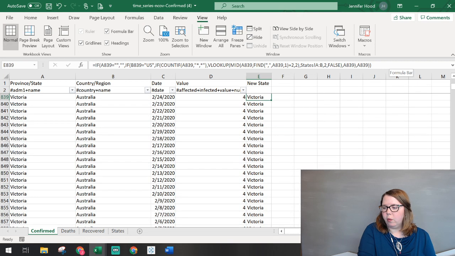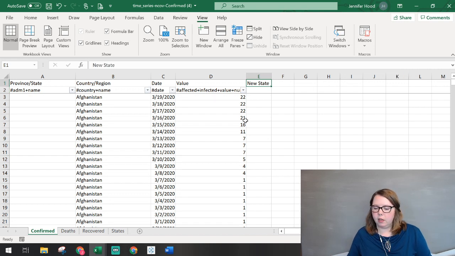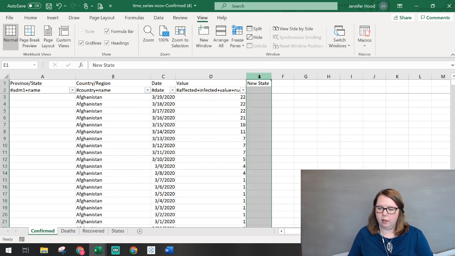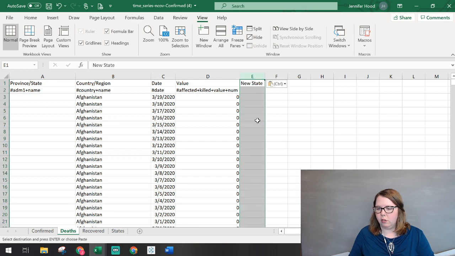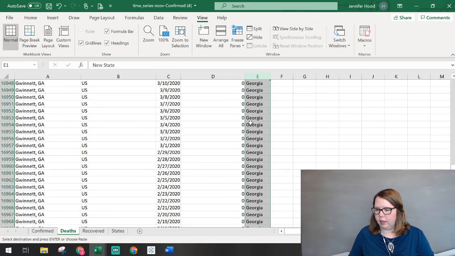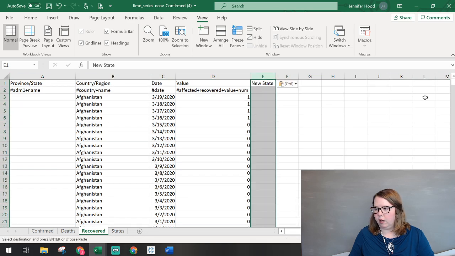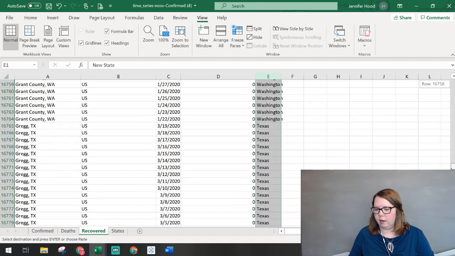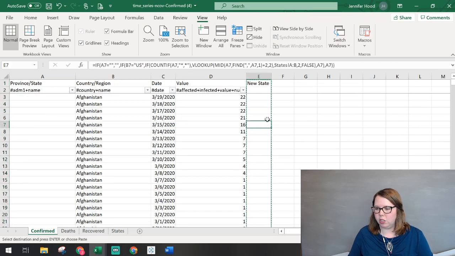And then this is one column that we can use every time that we want to add data to it. So we've got this new state value here. And we can now copy this. So I'm just going to click on the top of column E, Control C to copy, and go over and drop that into my deaths tab. And again, if I scroll down, we'll see it doing it here. And I'm going to copy and do that same thing into the recover tab, where again, we come down here, we see it's corrected. So that is a lot of the initial cleanup that we need to do.